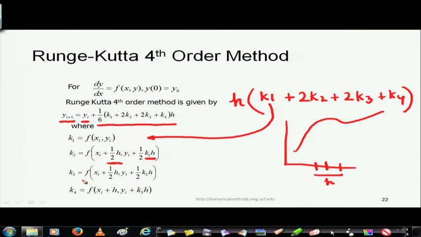What is k3? k3 is again, this part is same, x_i plus half h, but this part is now becoming much more predictive. So, it is half of k2 h, that means whatever has been computed here times h, and k4 is